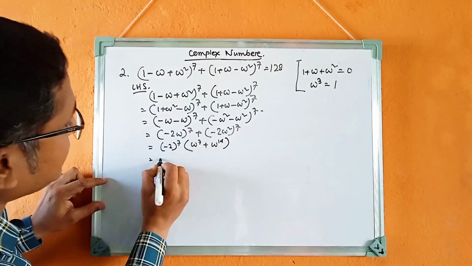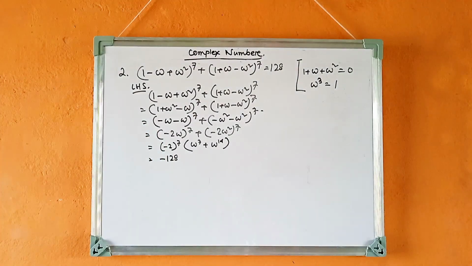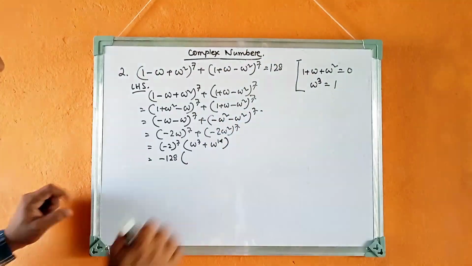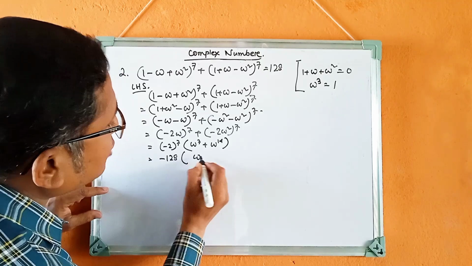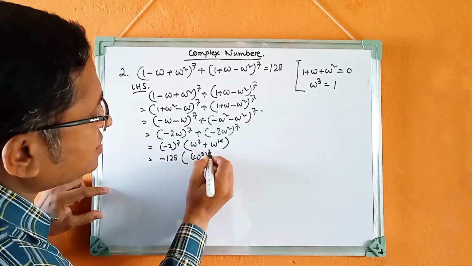Minus 2 to the power 7, that is minus 128. Okay. Now omega to the power 7. Okay, simplify it. All of you know omega cube equal to 1. So omega to the power 7 means omega cube whole to the power 2, that is omega to the power 6